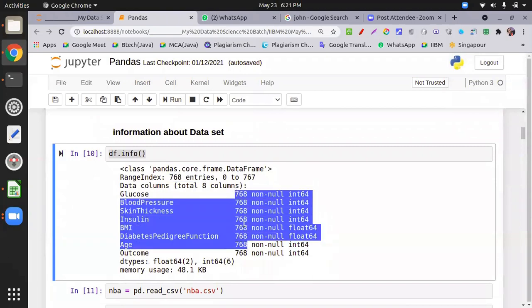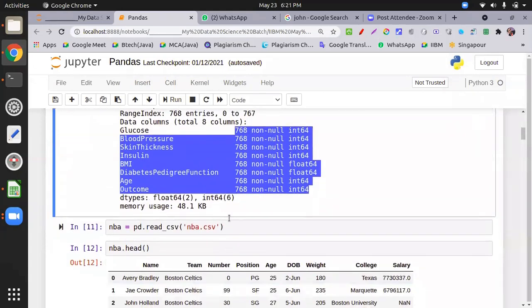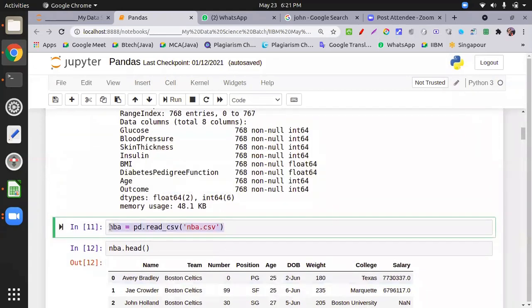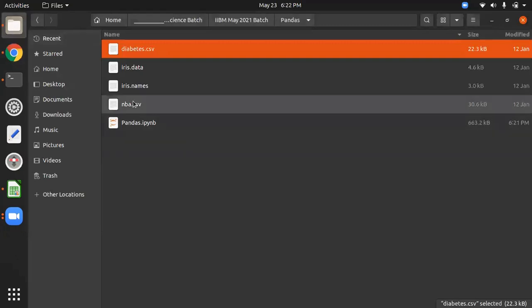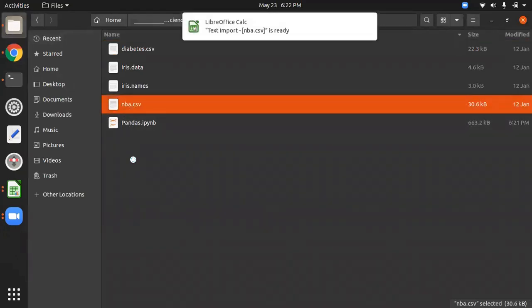So the question arises, if some dataset has null rows, how do we check this? First of all, I have a second file, NBA. NBA is basically a game. So I'm opening the NBA file. I will give you this file on LMS.